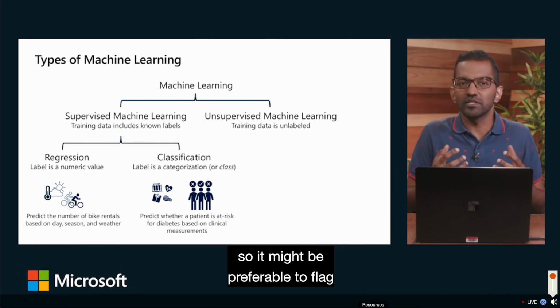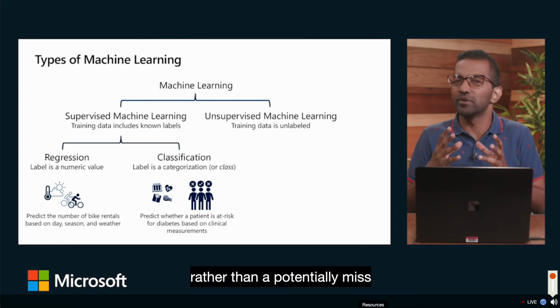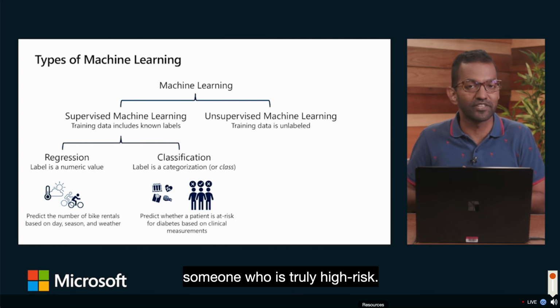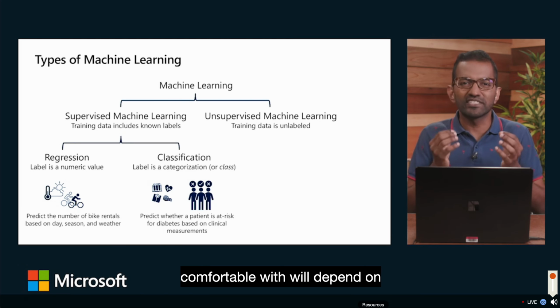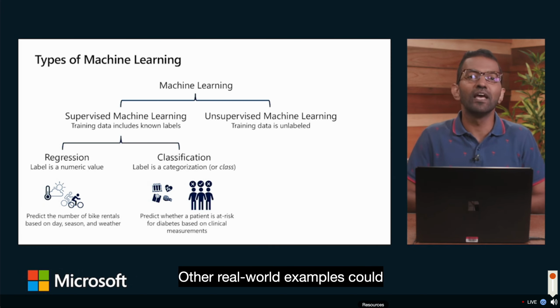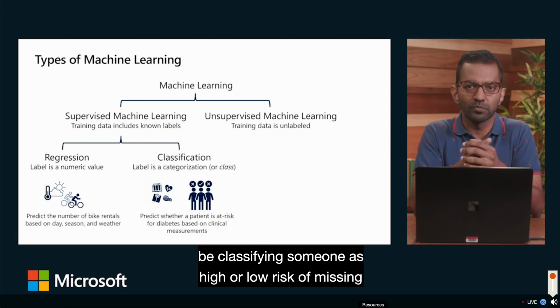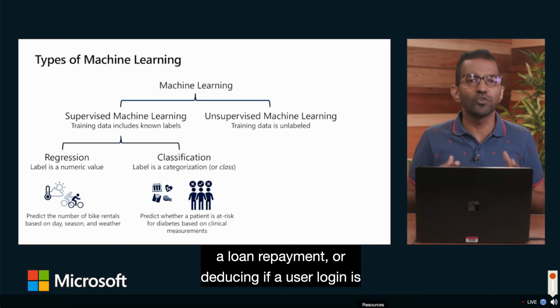So it might be preferable to flag someone as high risk wrongly rather than potentially miss someone who is truly high risk. So the amount of error you're comfortable with will depend on the severity and costs associated with these errors. Other real-world examples could be classifying someone as high or low risk of missing a loan repayment,